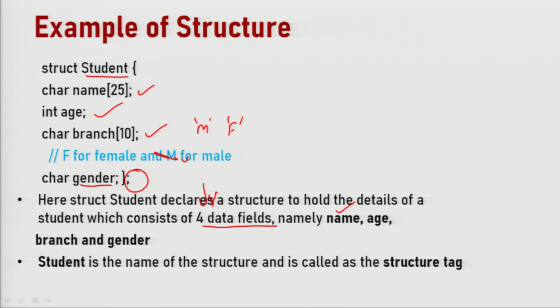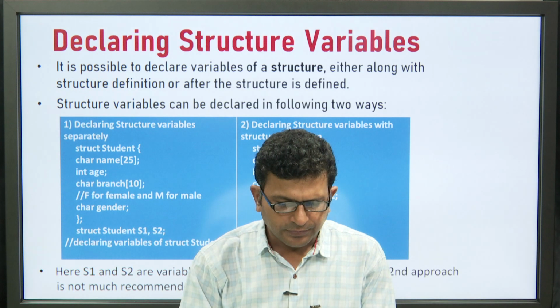So, student is the name of the structure and is called the structure tag. This name is given by the user or the programmer itself. So, this is how we can declare a structure. Now,